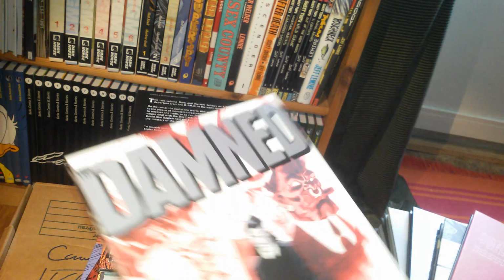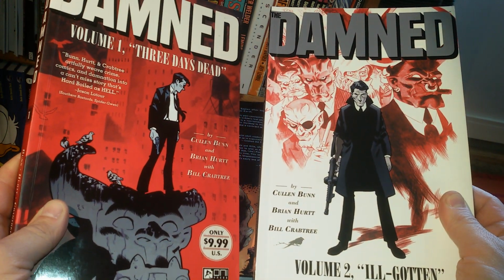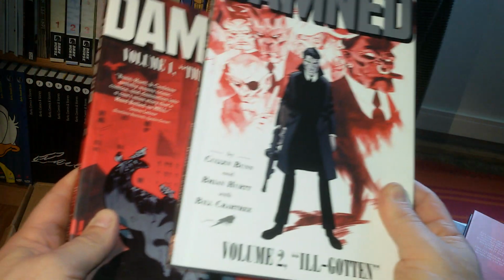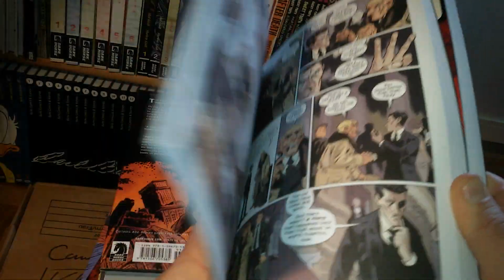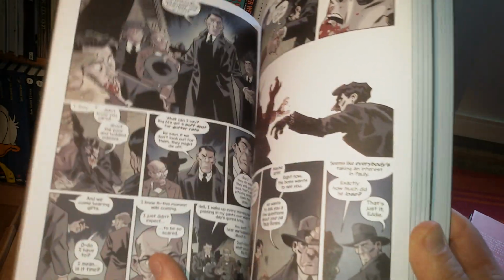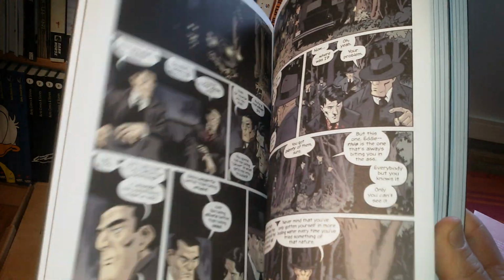So, by the same team of Cullen Bunn and Brian Hurtt and Bill Crabtree is The Damned. Volume 2 came out in 2018, Ill-Gotten. It's a combination of The Godfather, with a mob that prays for the souls of their victims, and Hellboy,